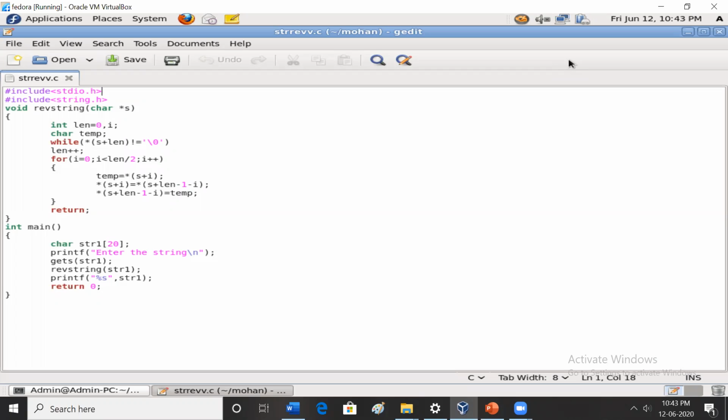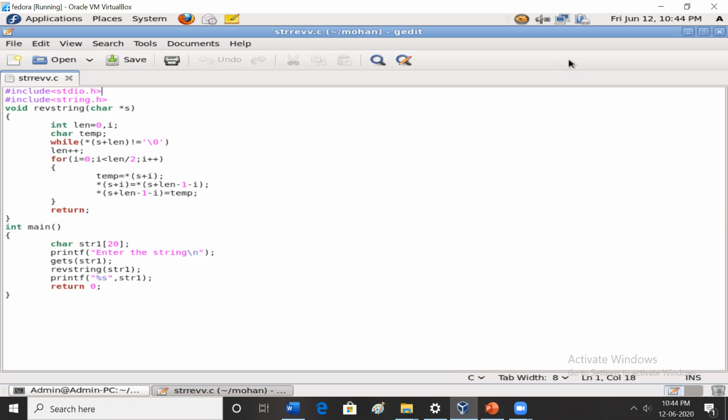So we will see the first one of today's topic, string reversal. How are you going to reverse the string using a built-in function and without using a built-in function? What do you mean by string reversal?